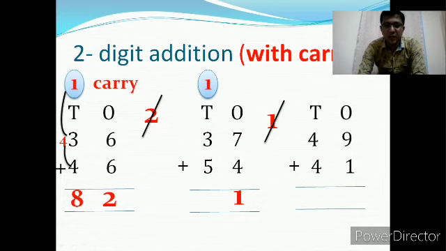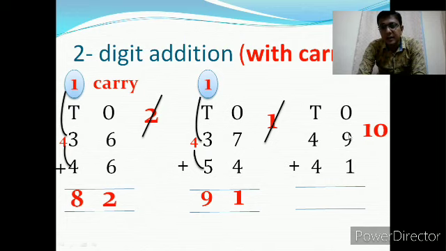Again, the same thing. 1 should be included. 1 plus 3 will give us 4. Again 4, we got the answer. And one more digit is there below, that is 5. 4 plus 5, 9. So what is the answer we got? 9. Okay.